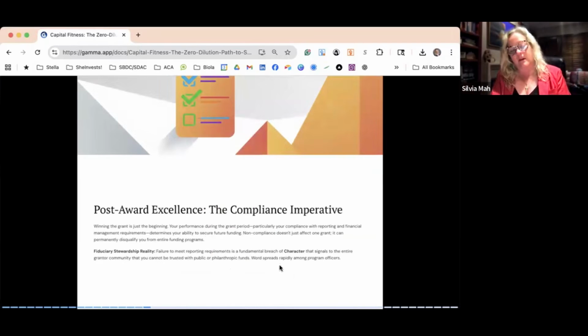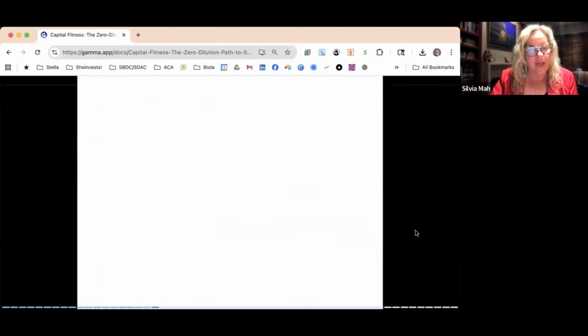The other part of this is that after you get the grant, there's a compliance imperative. So you have fiduciaries, stewardship is really important. You have to show that you can do it. And then post, are you doing the right things? Are you using the right amount of funding that you need to get to the milestones that they want you to get to? Okay, so with that,